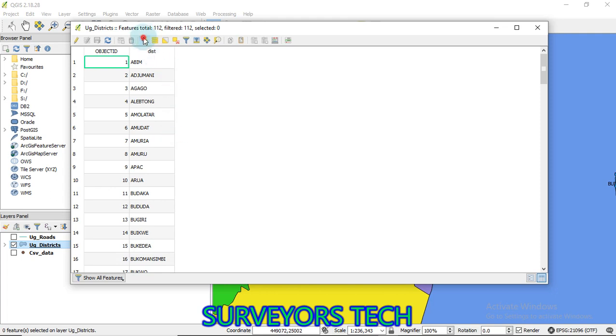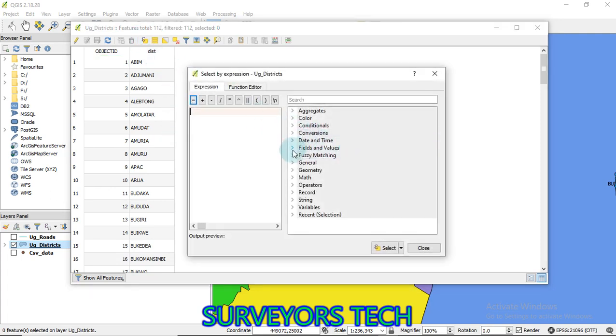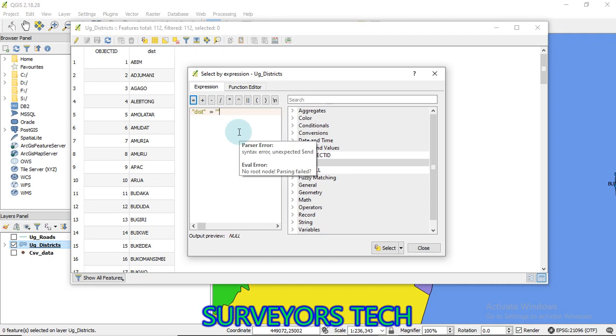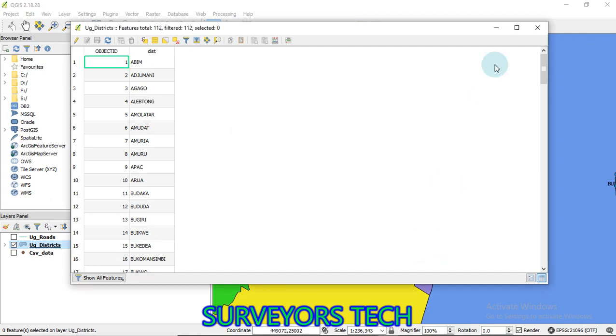So what we do now is come back to fields, district is equal to, then put this, because it is a text. So put Kampala, then select features, close.